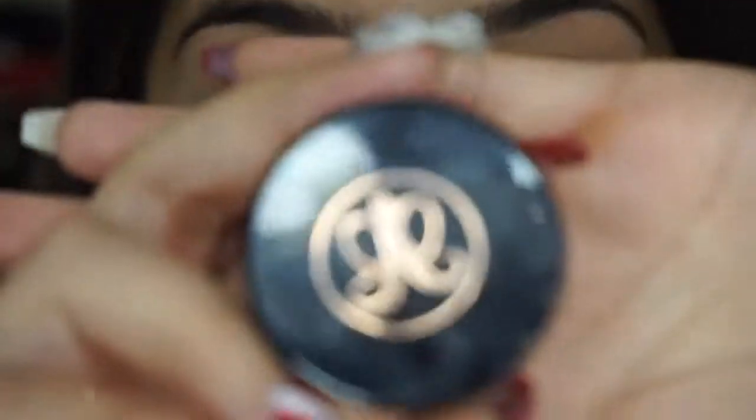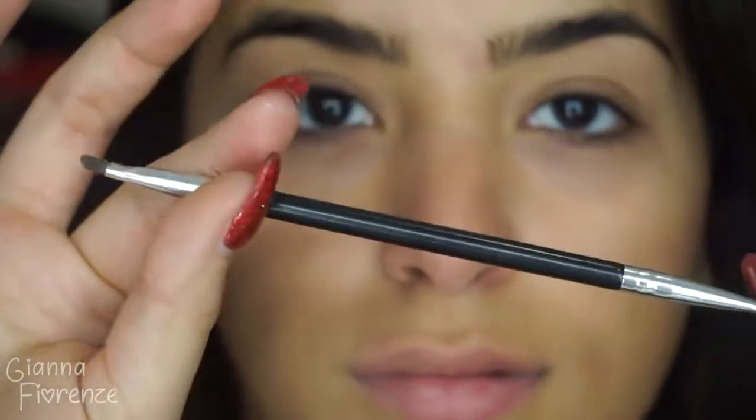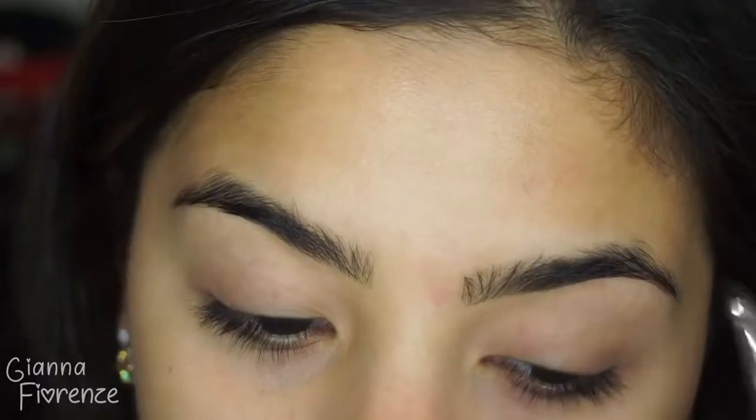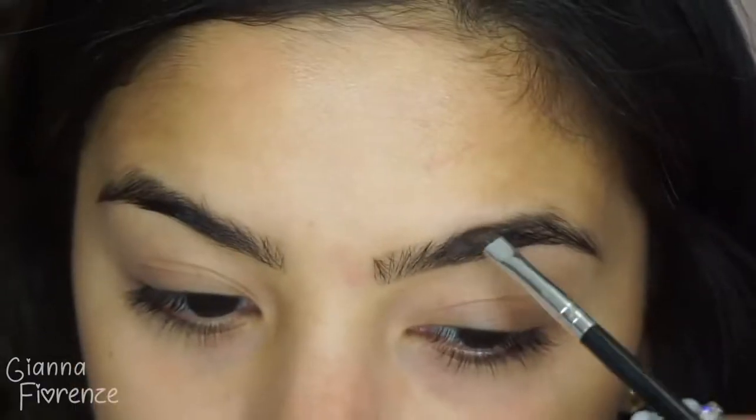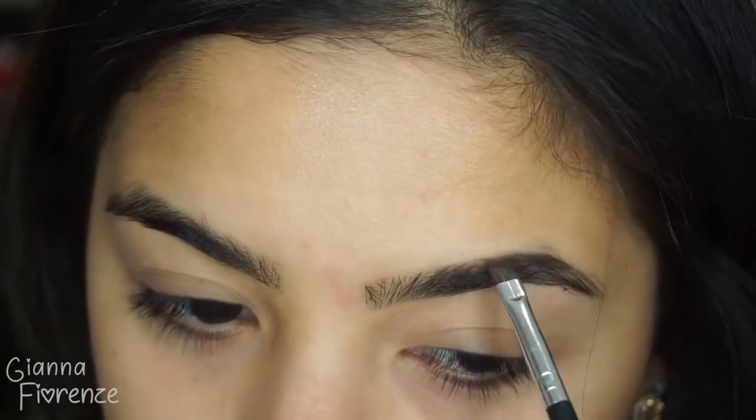Welcome back. Starting off with moisturizer, I'm using Somerville's Nourish. Then we're jumping into brows. I'm using Anastasia's Dipbrow in chocolate with the ABH 12 brush. And I'm starting in the front, small little flicks going towards the end of the brow and just filling it